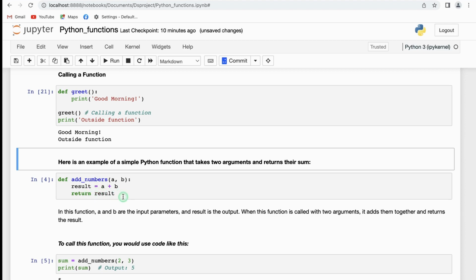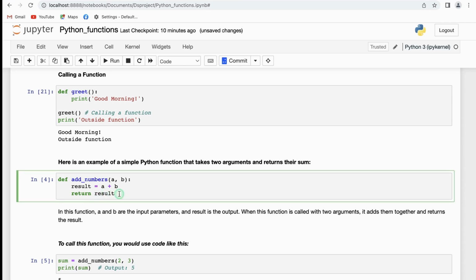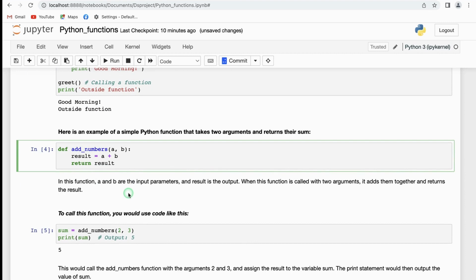We have to return the result, so we also have to type here result. So in this function, a and b are the input parameters and result is the output. So when this function is called with two arguments, it adds them together and returns the result, so that we can have the result of addition